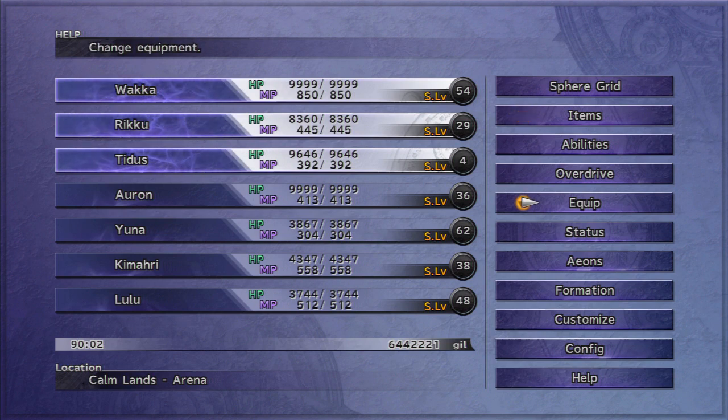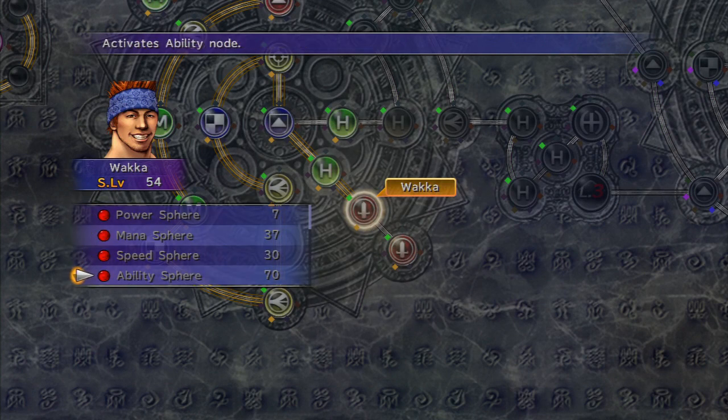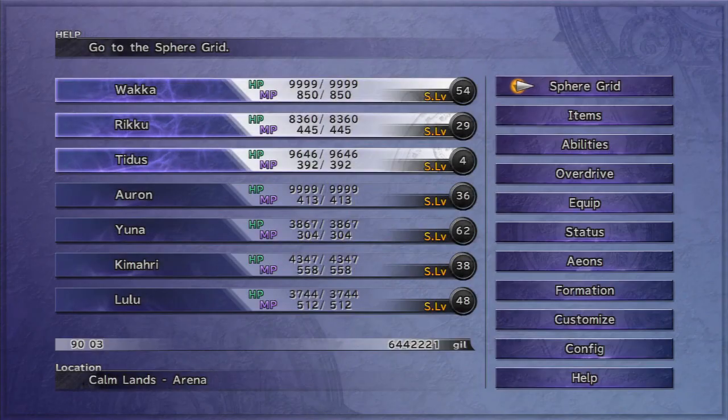So now that we've got the weapons for getting us around the sphere grid, we need to think about how we're going to be replenishing our stock of stat spheres here. There's a few ways I'm going to go over. The first one is dedicated to people who are playing the North American PlayStation 2 versions or equivalent. Essentially any version that does not have the